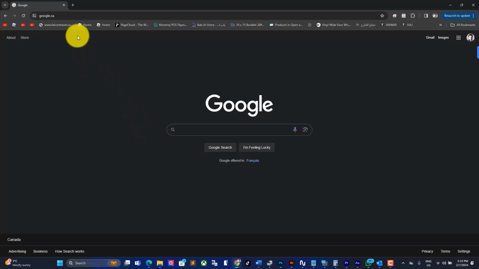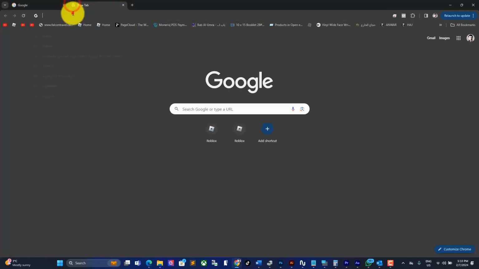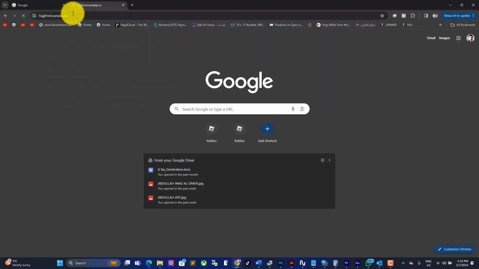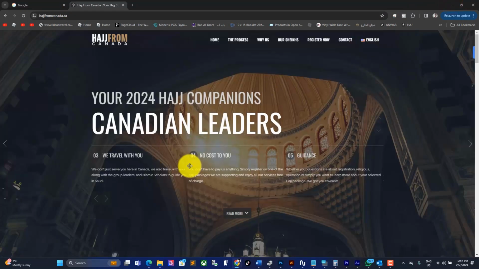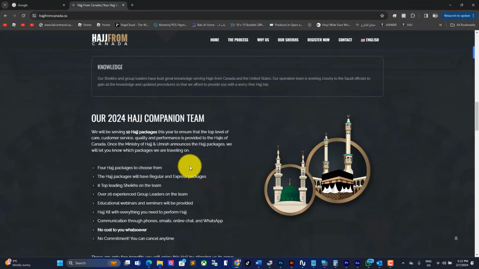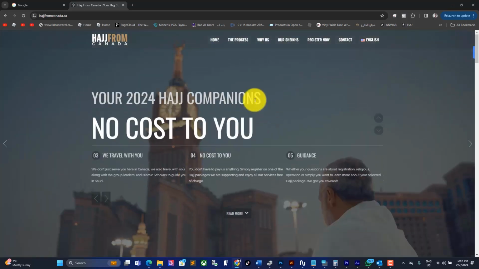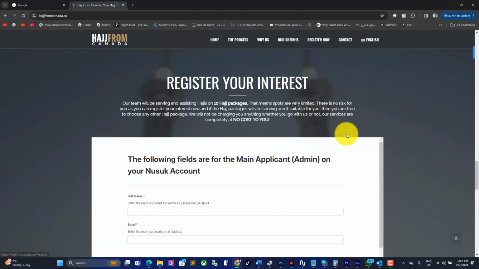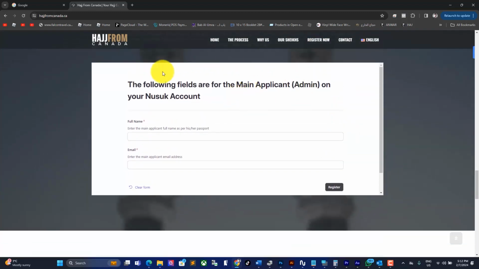The first step is to go to www.hajjfromcanada.ca. You can scroll down and read all the information on the site, or you can click on Register Now and it will take you down to the registration where you only have to put your full name as per your passport and your email address. Please remember to use the full name and email address of the main applicant or the admin of your Nusuk